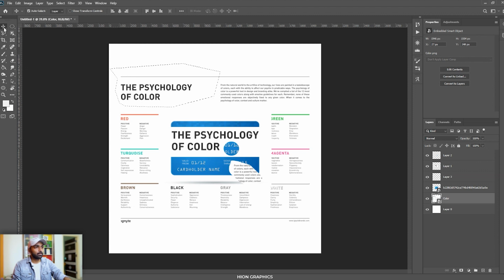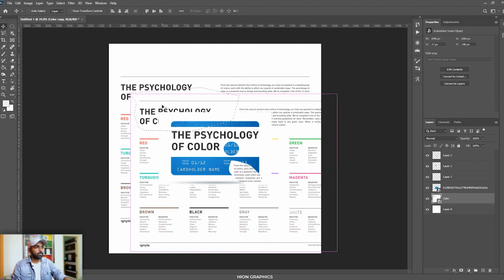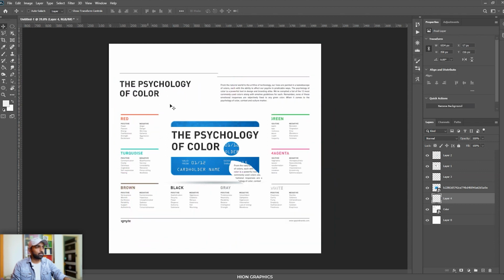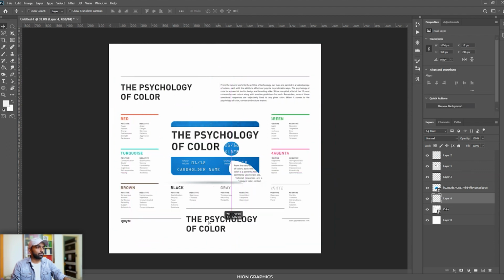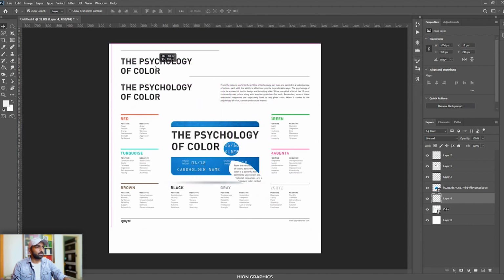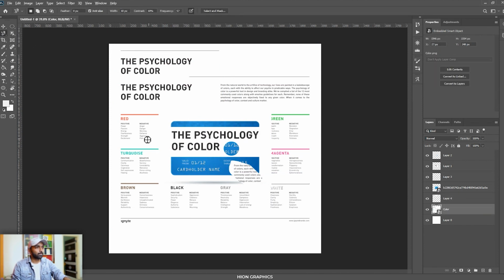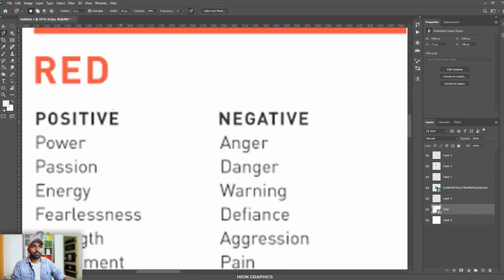Okay, and CTRL C V, there you go. I have copied something like this. Okay, so you see that magnetic lasso is an amazing tool, very rarely used, but let's see. Let's do it on a red magnetic lasso.